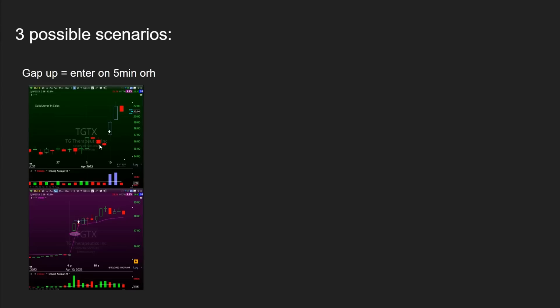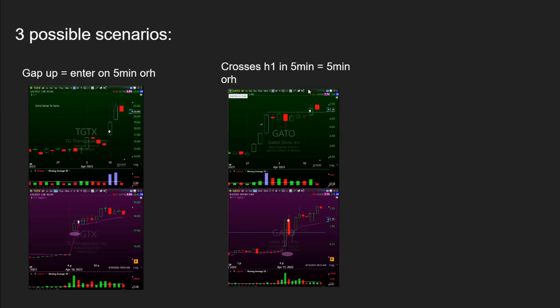So hopefully this is clear. Whenever you have a gap up in a stock and you're looking to enter it, you're going to enter on the 5-minute opening range high. Okay, now the second possible scenario is that your stock crosses the previous day's high or the pivot line,